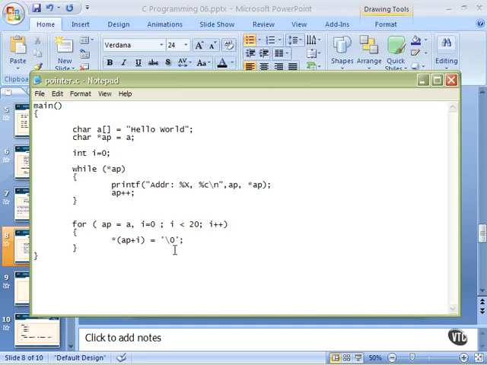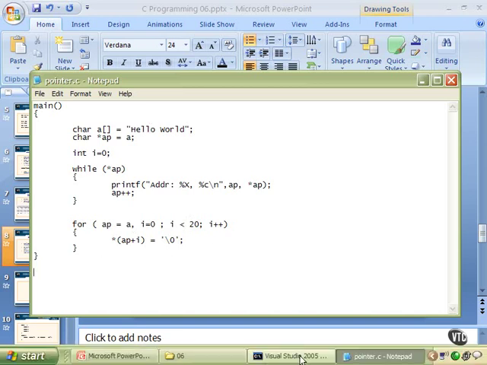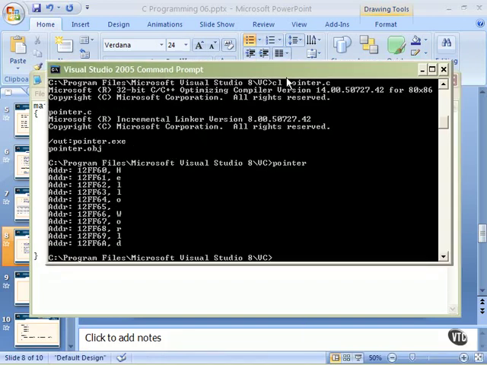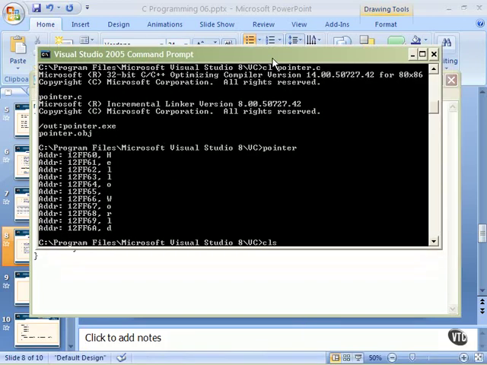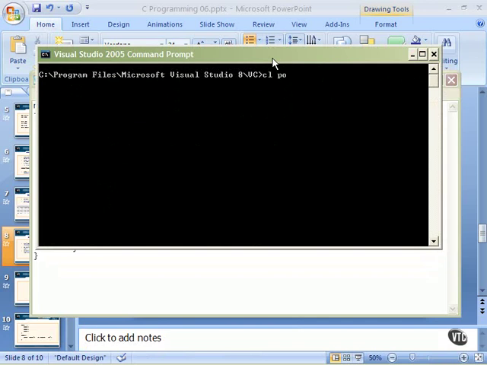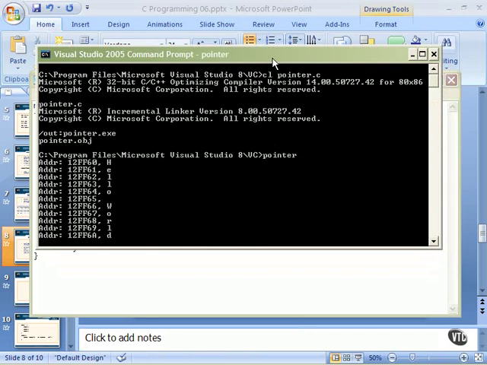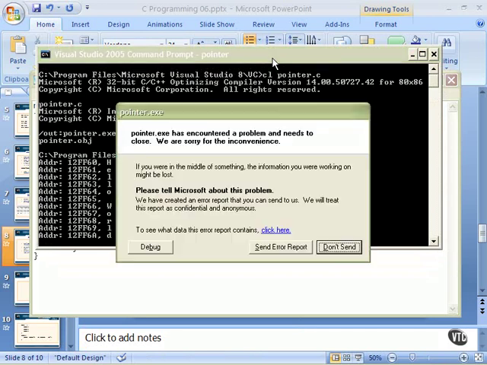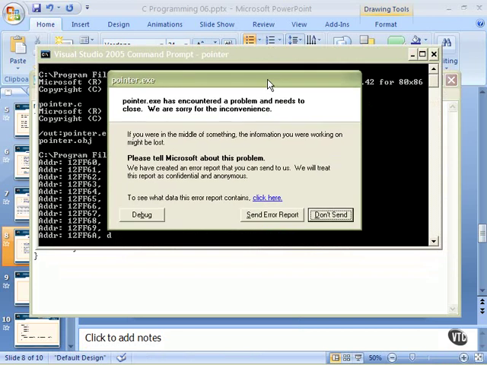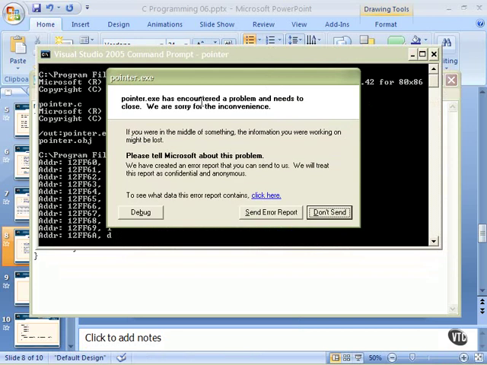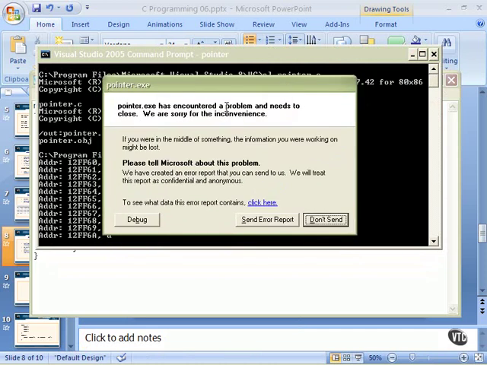So let's run this thing, pointer.c, and I'll show you what happens in Windows when we do this. We compile and link it. There we go. It's compiled up, and then we run it. And there's our hello world, and now it's running off the end of memory, and this is what happens. Pointer.exe has encountered a problem, needs to close. Sorry, I'm sure you've seen this before, but this